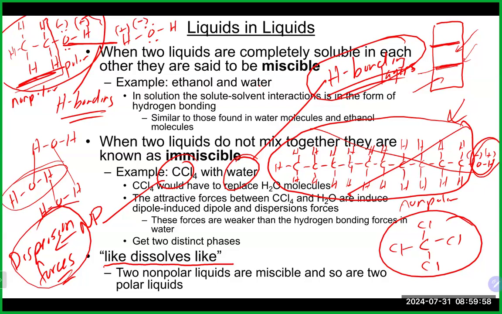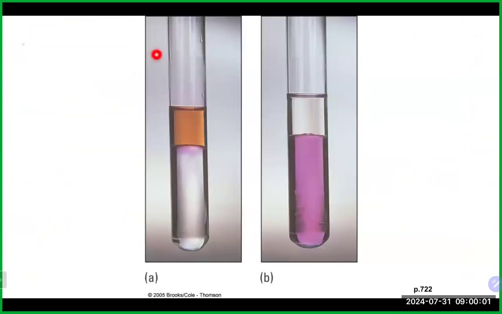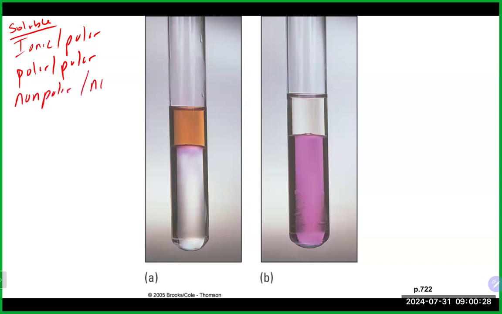That means, in a sense, if you have anything that is ionic and polar, they will be soluble in each other because they can do ion-dipole interaction. If you have anything that is polar and polar, they will typically be soluble in each other because they could do either dipole-dipole interaction or hydrogen bonding interaction. The one that sometimes people miss is nonpolar things. Nonpolar things are going to be soluble in each other because they both will be using dispersion forces,